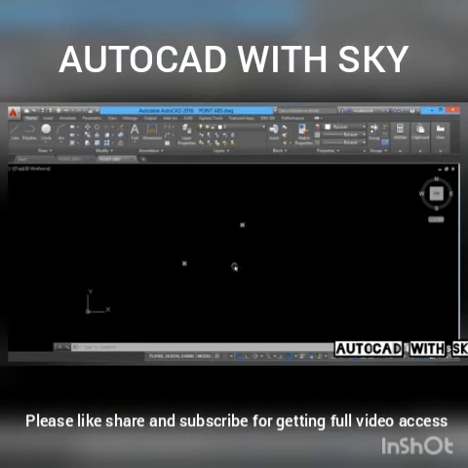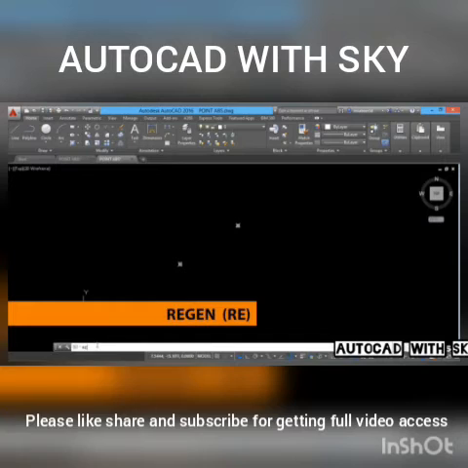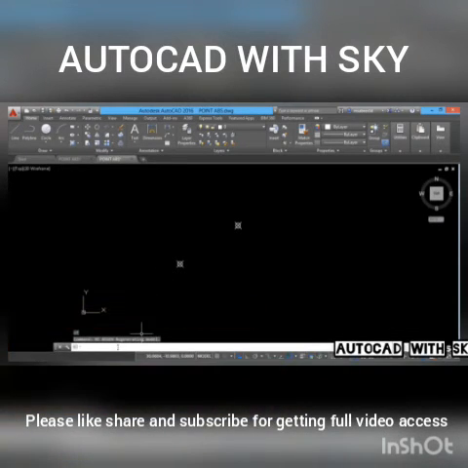I'll just zoom out and pan the screen slightly leftward, and I'll give a region command, type RE for region, to see the point in the actual size. Next I'll give PO for point. Now when I'm asked to specify a point, I'll give @ because I want to refer the most recently plotted point. Then I'll give a distance. Let it be 45 units. Then I'll type less than sign. Less than indicates the angle. I give 60. Give enter.